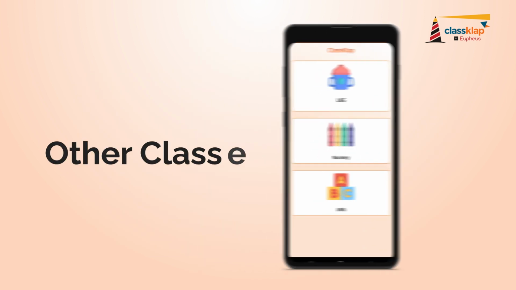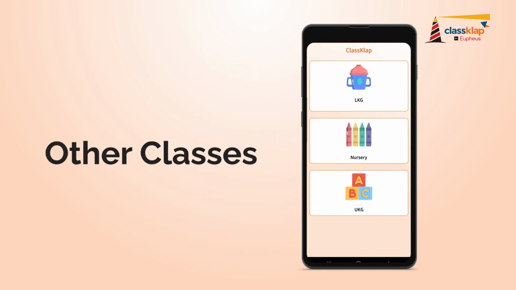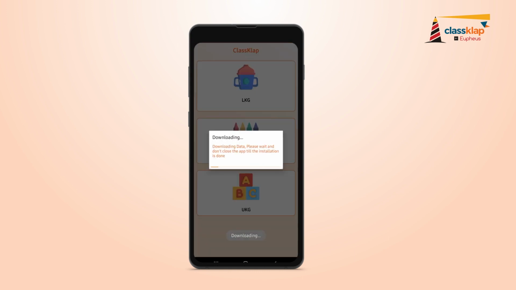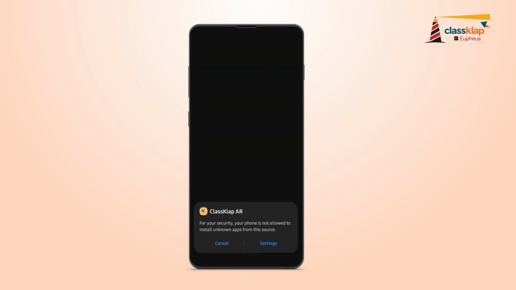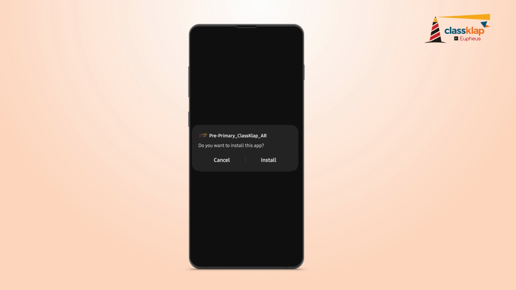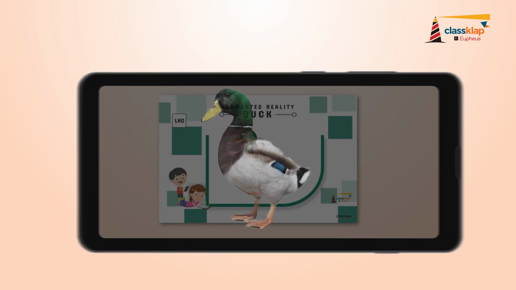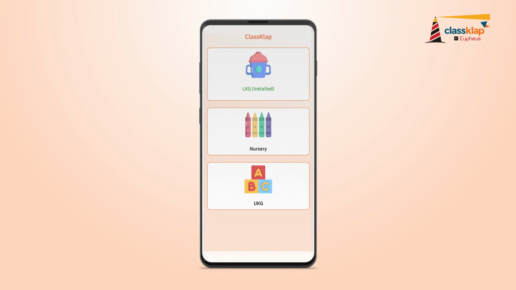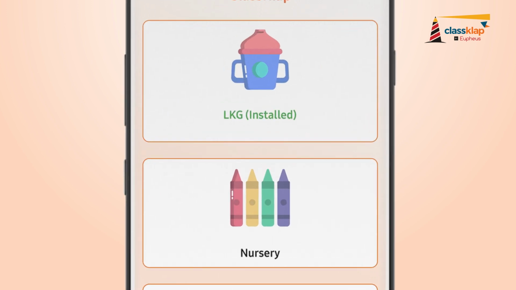Please note that to scan the physical cards for another class, pre-primary ClassKlap AR app needs to be installed again. To do this, select another class in the ClassKlap AR app and wait for new data to be downloaded. Give access to the app, as done in the previous steps, and scan the physical cards. In the ClassKlap AR app, the word Installed appears next to the class for which pre-primary ClassKlap AR app is